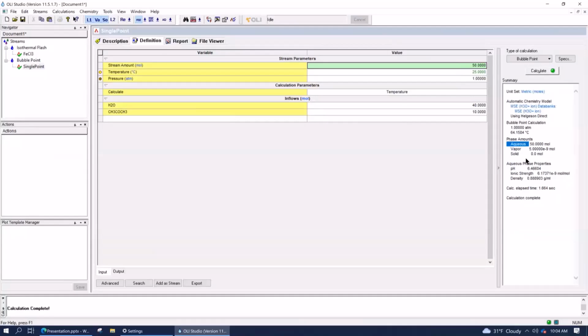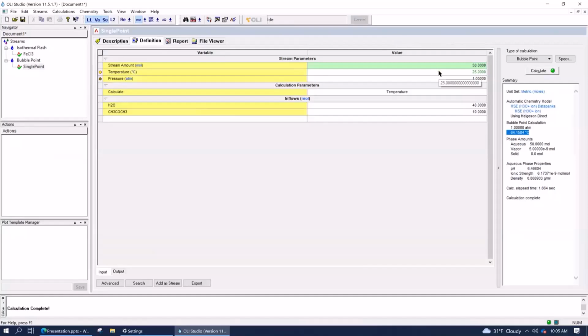AJ, in this case, when we calculate the temperature, is it still at 25 C, does that connote that will be the guess? Am I saying this right? Okay. Yeah. So the temperature here is 25 C, but look in the summary section. Does it show 25 or 64? Okay, I see it now. 64. Thank you. Yeah. So it doesn't change in that green area, it changes in the summary.